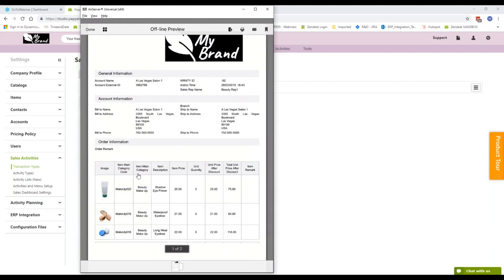And then you have the actual cart grid itself, which shows the items that were ordered. I've configured there to be an image, and then the category name, and then the item description, price, quantity, and so forth. You can change this to whichever fields you want. You can add the delivery date field here as well. So all of that is configured in this area